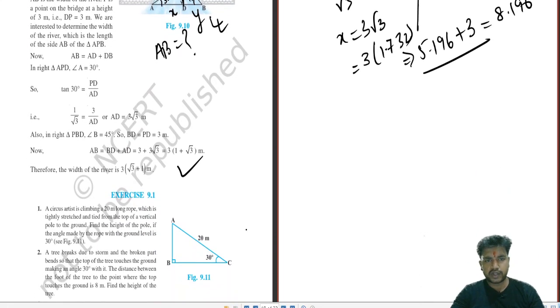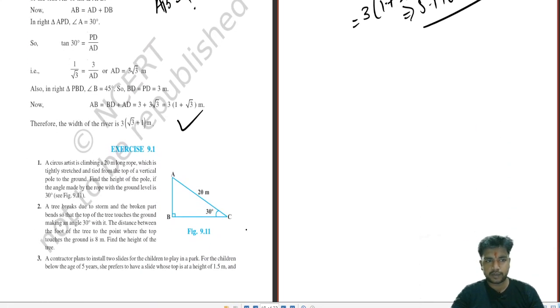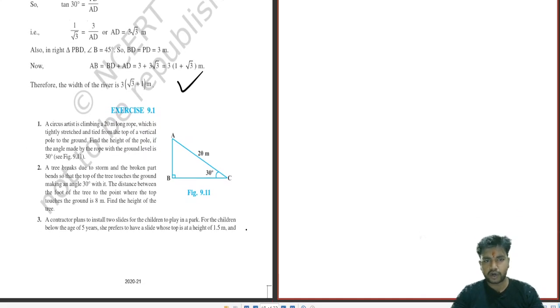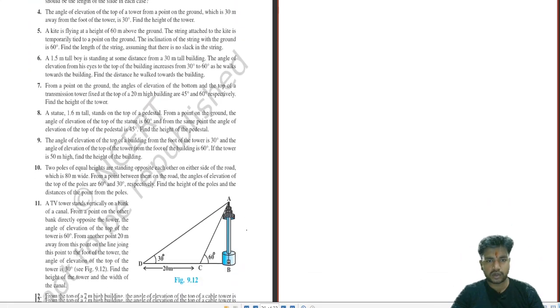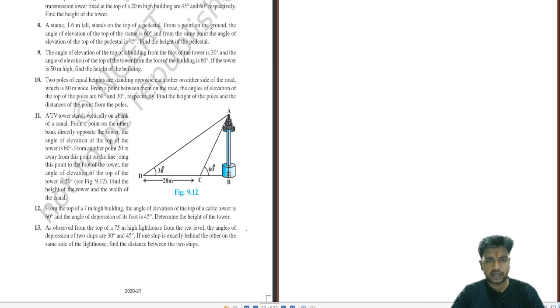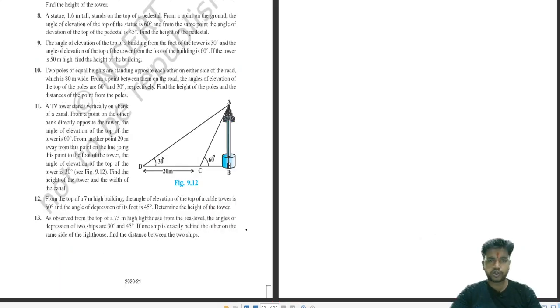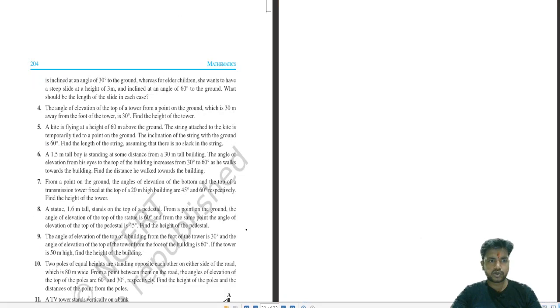So we are here in the exercise. We have completed the example. So we will not solve the full exercise. We will look into the sums that we have not dealt with. So how many sums are there around? There are around 13, I think 15 or 20 sums would be there. 16 sums over there. Okay. So let's start from reading the questions. Which sums are to be solved?